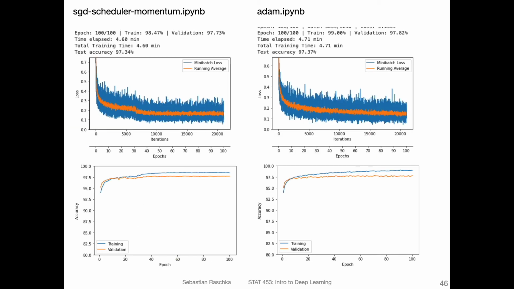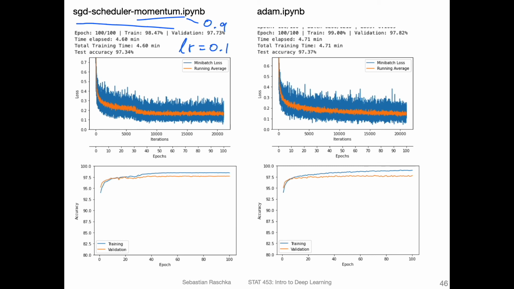Here are 2 examples of using these different optimization algorithms. Here I was using an SGD with a learning rate scheduler, halving the learning rate when it plateaus, and also a momentum term of 0.9. So the momentum term here was 0.9, the learning rate was 0.1, and it was halved every time the validation accuracy was plateauing, when it was not improving. So it was fluctuating, and then I was halving the learning rate to stabilize the training. So that's then more like the fine-tuning stage.